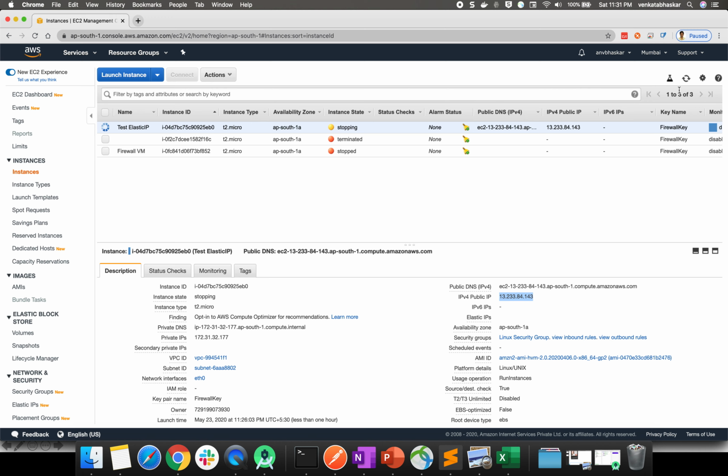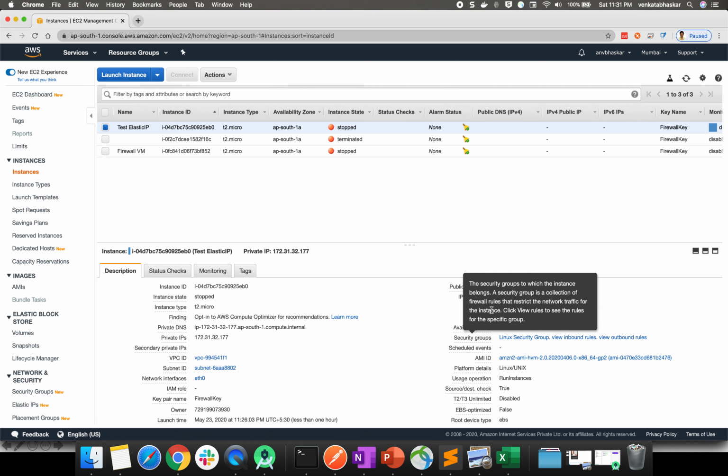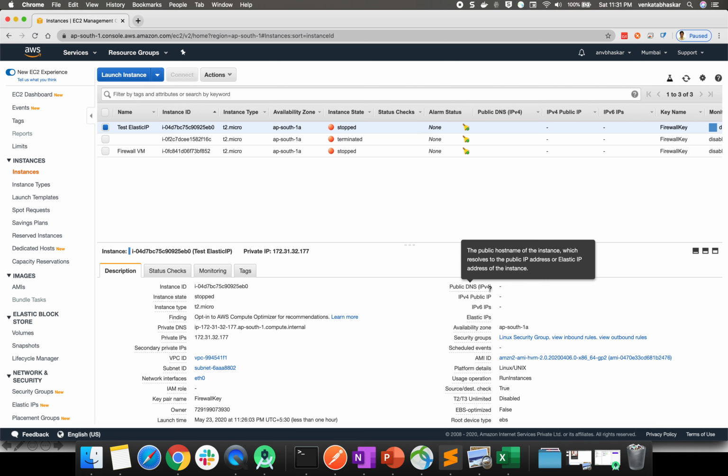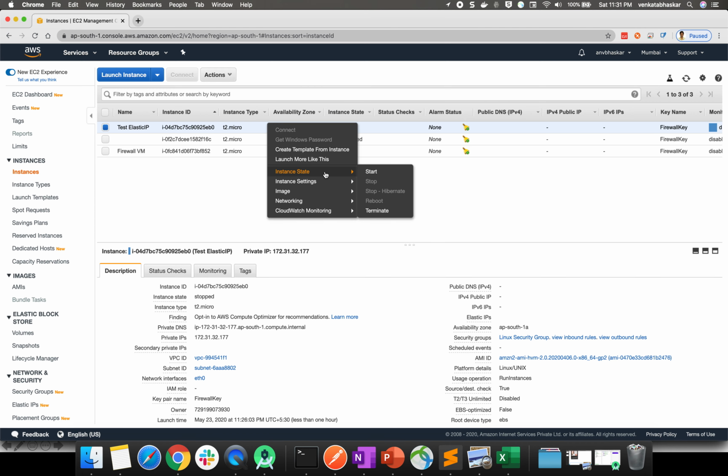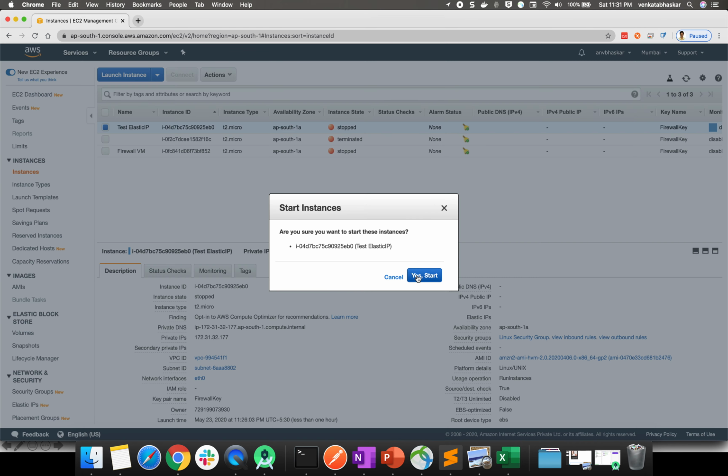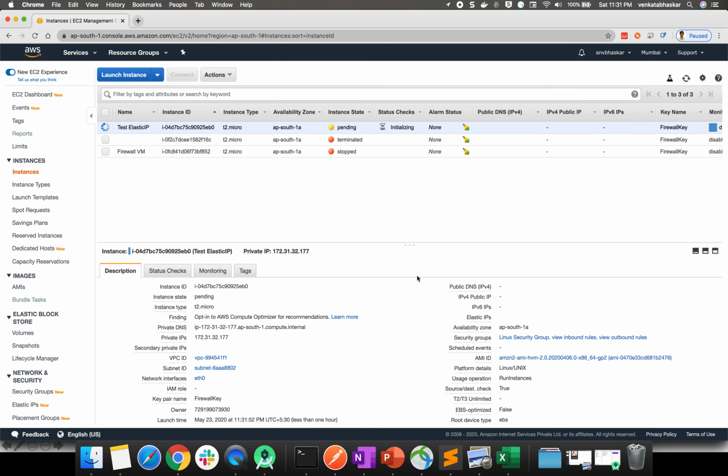Very rarely you will get the same. If you see here after the stop, my public IP and DNS name both have vanished. My private IP is the same, so there is no change in the private IP. Now again I am starting my virtual machine. Now see, this time my IP will be different.